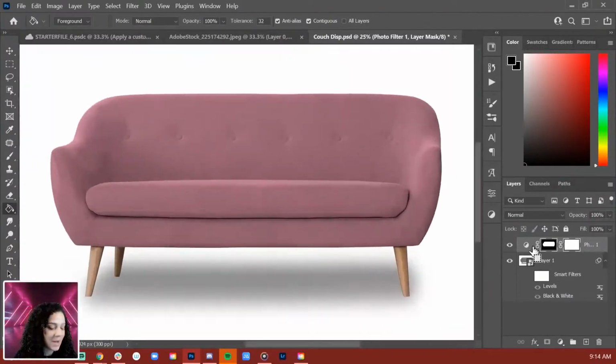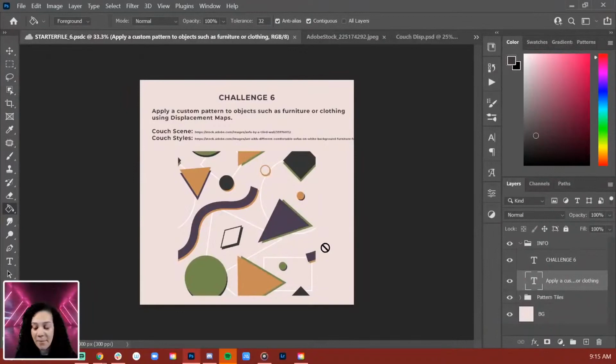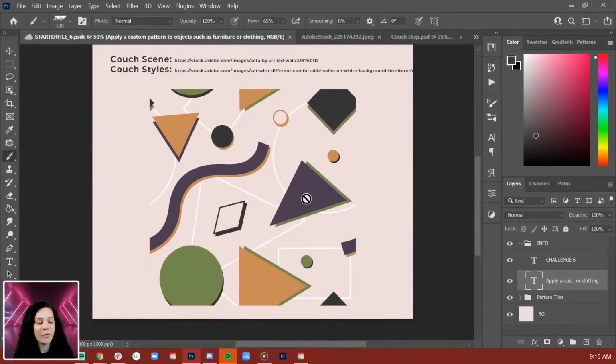So now I have a displacement map made, I have a color applied to my couch, and now I'm going to actually apply a pattern to this. Now, in the starter file, you folks will notice that I put a pattern in here. This is a pattern from a new branding project of mine that I started doing. These are my new brand colors, and I haven't really used a lot of this branding yet, but I wanted to include a cool pattern, like a secondary pattern for you folks, just in case you did not like my floral print, like floral wasn't your thing, or maybe you didn't finish or do yesterday's challenge to have a floral print of your own. So you will notice in this little folder you have the VooDoo pattern,